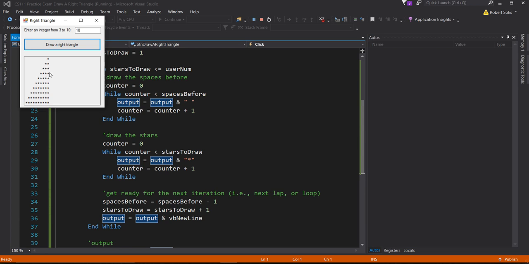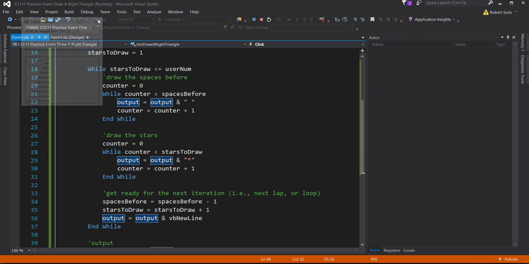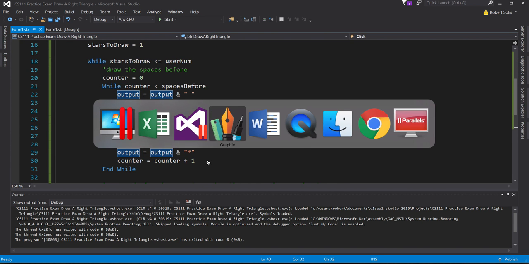1, 2, 3, 4, 5, 6, 7, 8, 9, 10. I just made my label just big enough to accommodate the 10. Okay, so this works, but what I have not done is I haven't fulfilled the requirements which say that we